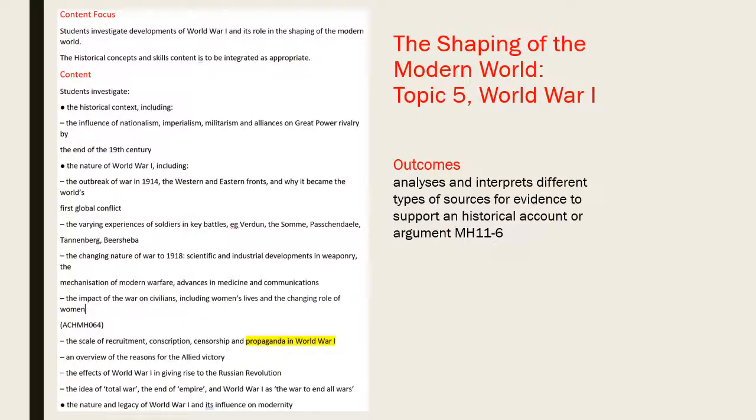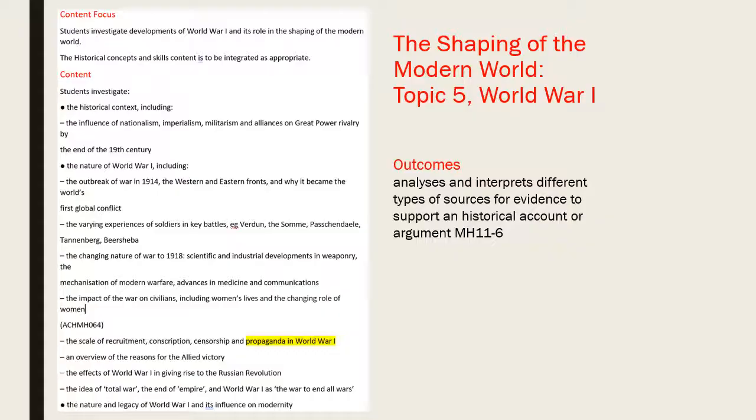So moving on. On this slide I have outlined exactly where we're up to in the syllabus and what outcomes will be assessed on for this lesson. So we are studying the shaping of the modern world, topic 5, World War I, and we're focusing on propaganda in World War I. The outcome that we're going to be assessed on is going to be analyzes and interprets different types of sources for evidence to support a historical account or argument. So the sources that we'll be analyzing would be the posters, and we can use them to support a historical